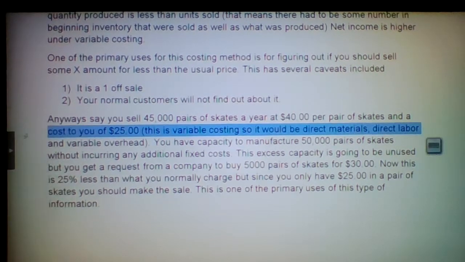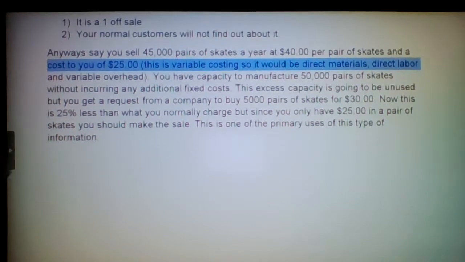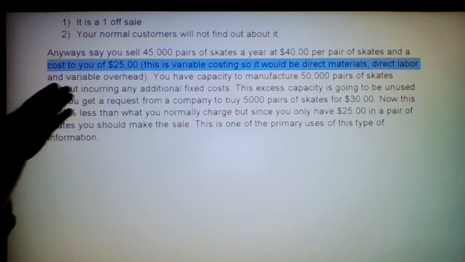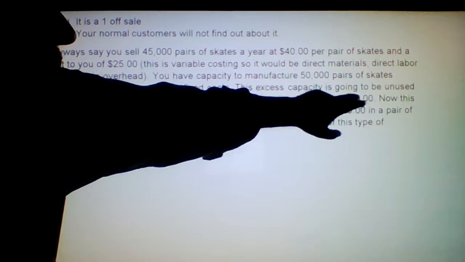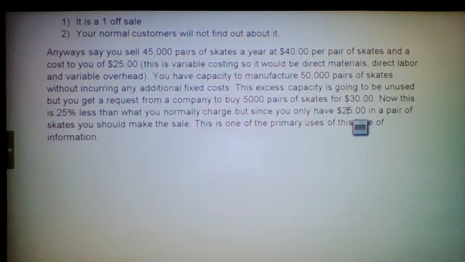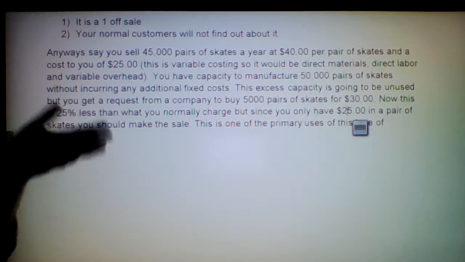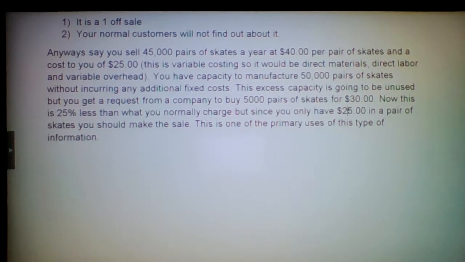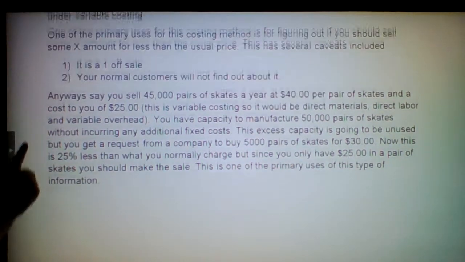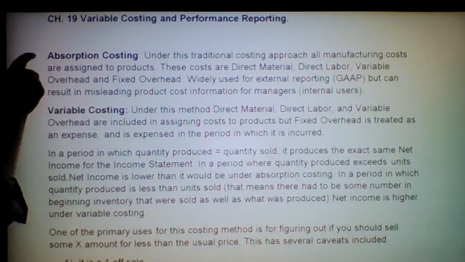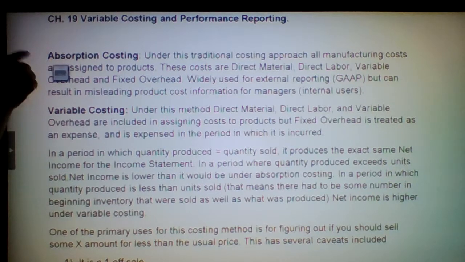So what you're essentially deciding is whether you use that excess capacity of 5,000 pairs of skates and sell it for a cheaper price than what you would normally sell it. And again, because you have $25 in the skates and they offer $30, that's an additional 5,000 times $5, so $25,000 in profit that you would not have made. So you would make it because of this decision, which you may not have made if you were only using absorption costing, which is considered